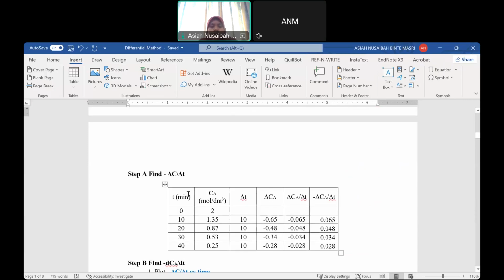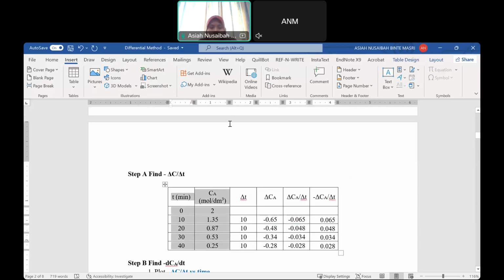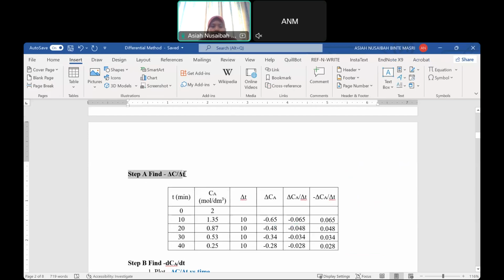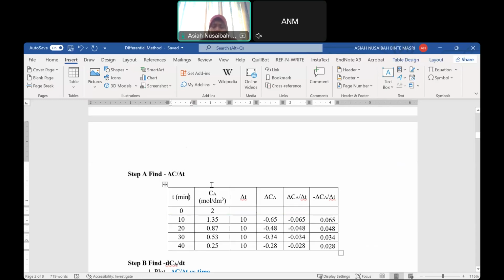The question gives, from Table 1, the values of time and concentration. So here is our time and concentration. Step A is to find minus changes of concentration over changes of time. You tabulate the data to ensure no mistakes. You find changes of time, which is simply the second data minus the previous data. So 10 minus 0 is 10, 20 minus 10 is 10, and so on. Then you find changes of concentration. That will be 1.35 minus 2,